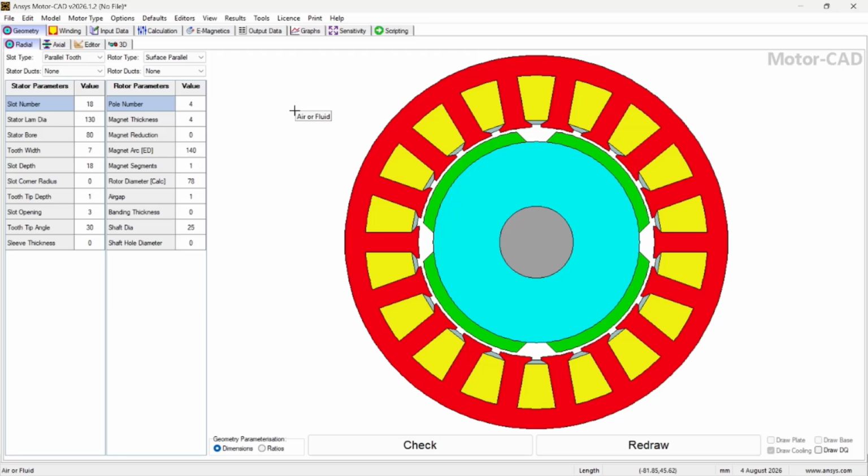Today I'm going to show you a capability within Motor-CAD that allows you to export an existing Motor-CAD design directly to Maxwell. I've already got a radial permanent magnet design set up here, and in the next few minutes I'll walk through the full export dialog, generating the export script, and then running it in Ansys Electronics Desktop to build